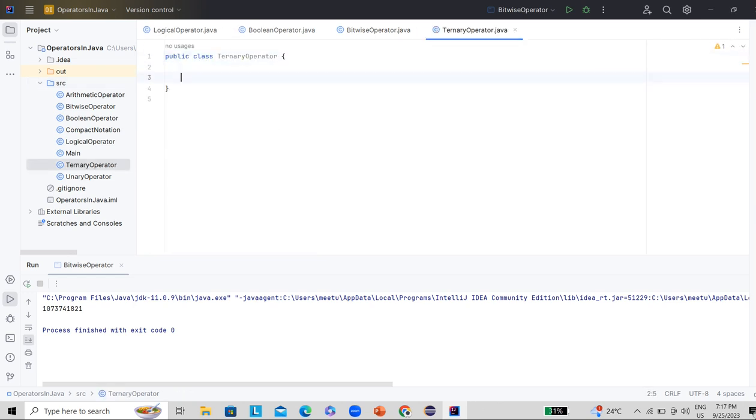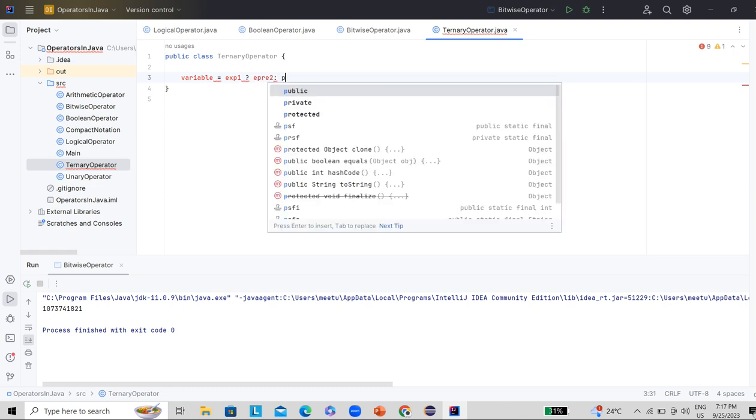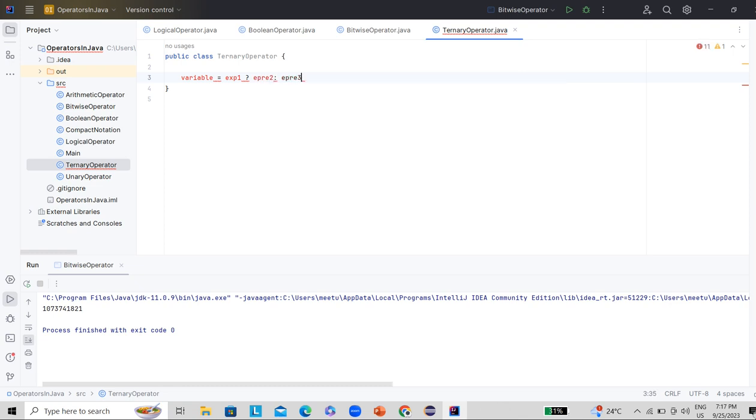The syntax of the ternary operator is: first a variable, because this works on three operands. We write variable equal to expression 1, question mark, expression 2, colon, expression 3.